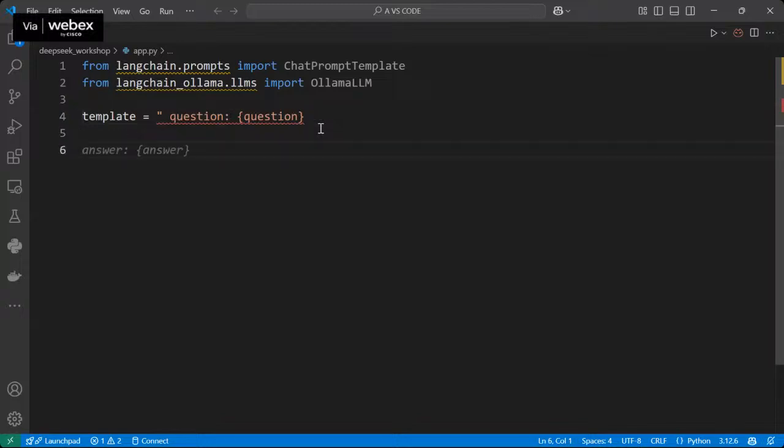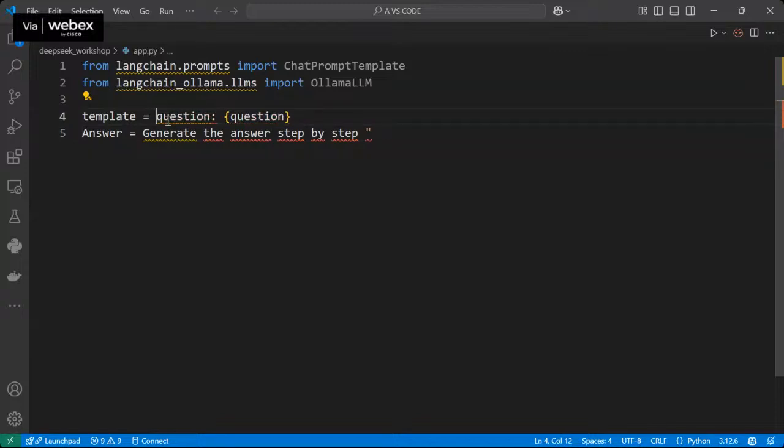And the answer equals, let's generate the answer step by step. I can create 1, 2, 3, perfect.